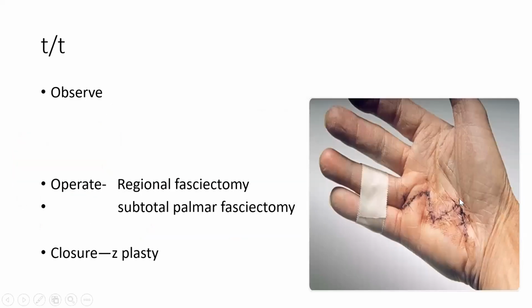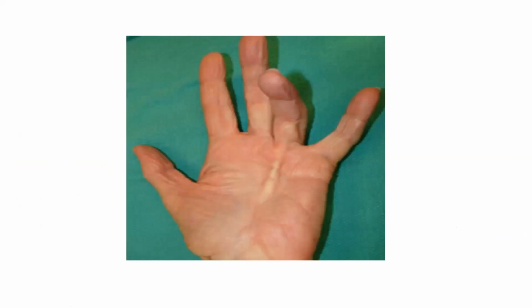Now the treatment is simple. If you don't have any issue of fibrosis, तो रहने दो, observe, don't do anything. If the patient has a problem, you know, I need this hand to be straight, so what will you do? You will remove this fascia. So क्या करते हैं? We cut this fascia. ये fascia को, यहाँ का fascia को cut कर देते हैं. So इसको बोलते हैं fasciotomy. जो fascia को remove करना उसको बोलते हैं fasciectomy. तो fascia को cut कर देते हैं. Now it will become straight.